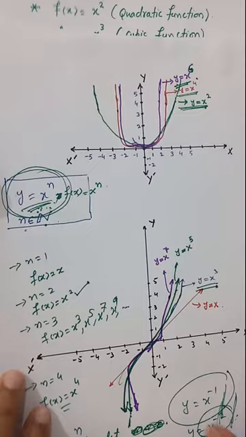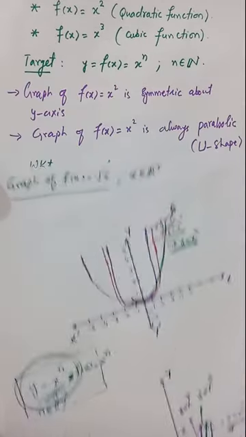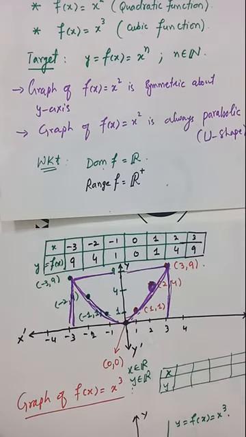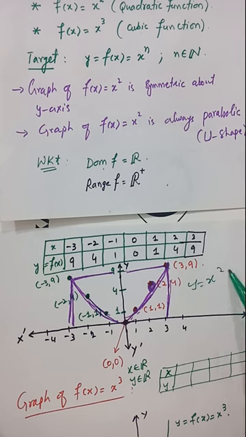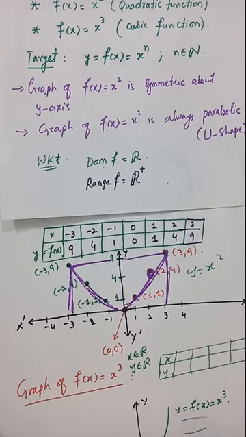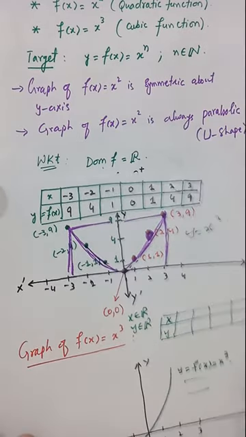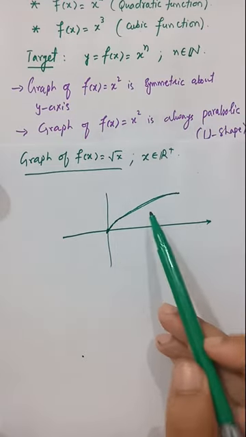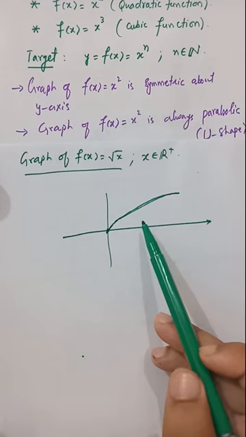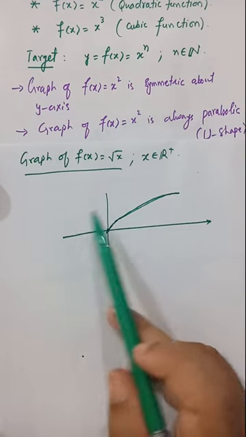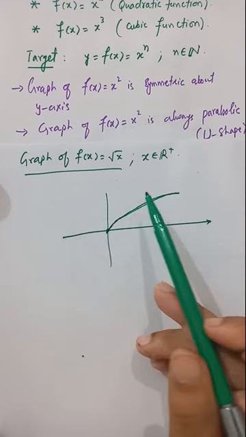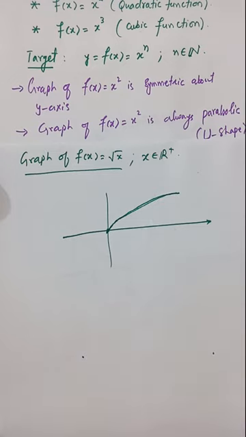And when it comes to quadratic and cubic functions, the graphs are in a U shape and symmetric about the y-axis when y = x^2, and this is the graph of y = x^3. So you must remember this shape. And the graph of f(x) = square root of x, you must remember the shape of this graph as well. I explained that the curve is not on the negative side of the x-axis because the domain is positive real numbers. You must always remember the domain for sketching the graph of a function.